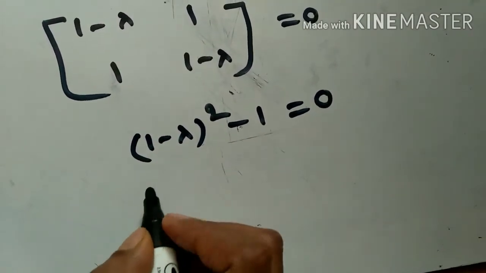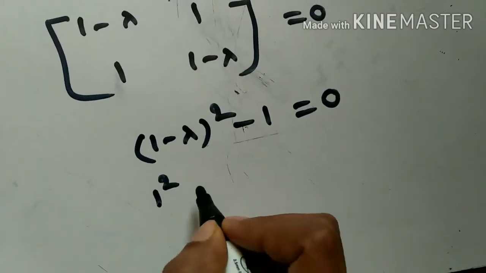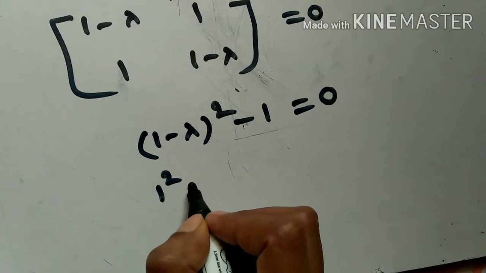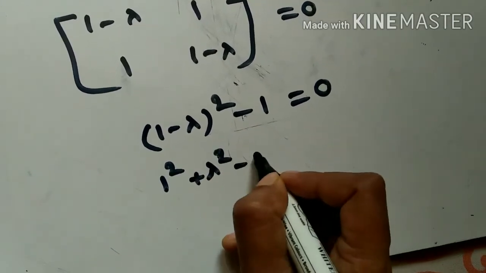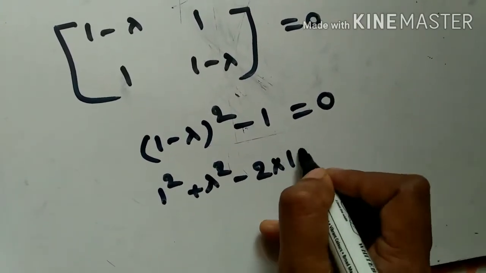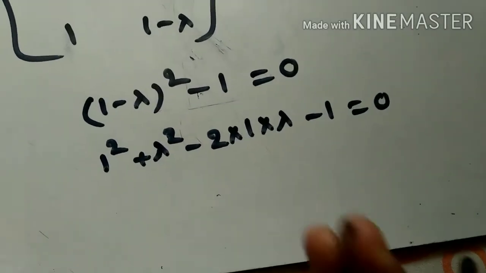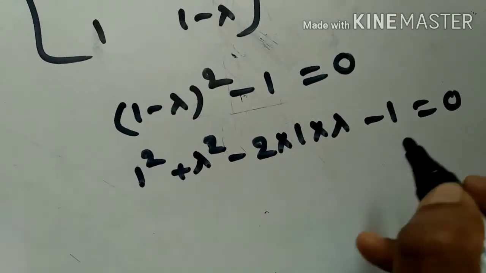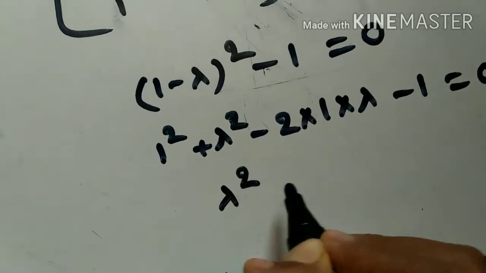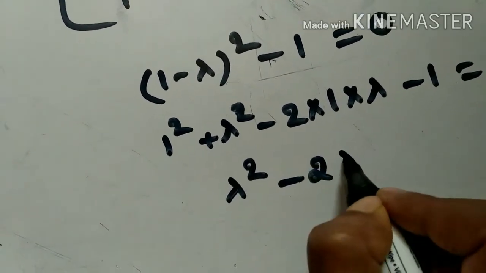A minus B whole square means A square plus B square minus 2AB. Minus 1 is there here. So 1 and minus 1 will get cancelled, and lambda square minus 2 lambda